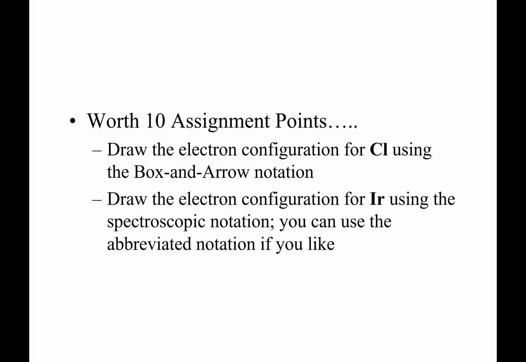So do those 17 electrons for chlorine, and then do iridium, which I picked on purpose. Okay, so iridium, I'm going to warn you, is going to drag you through f electrons too. So 77 electrons around iridium. Spectroscopic notation, not box and arrow. And then you can use abbreviated rare gas notation, but I would avoid it right now still. But definitely use your arrow diagram. Once you're done with that, you're free to go. Well, you show me. And again, you can work together or compare answers. Can't do it on tomorrow's test, but